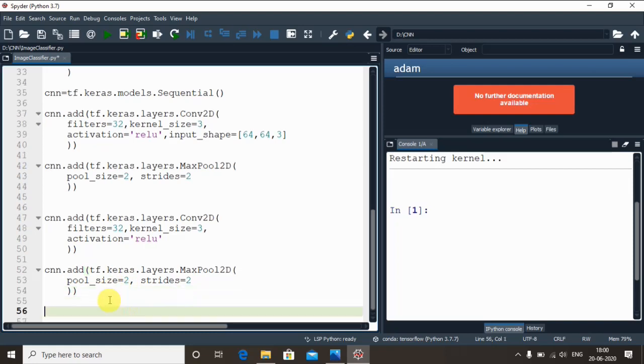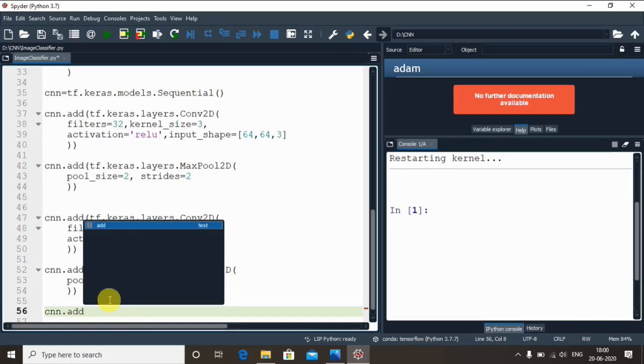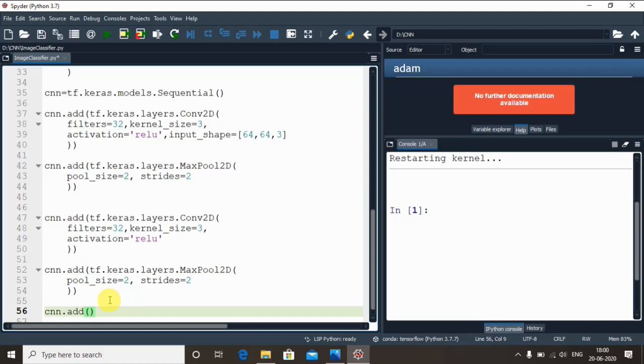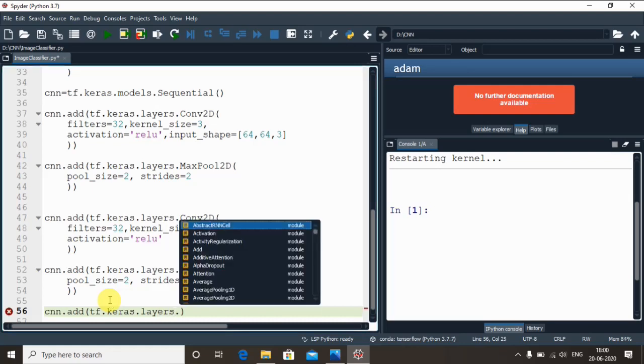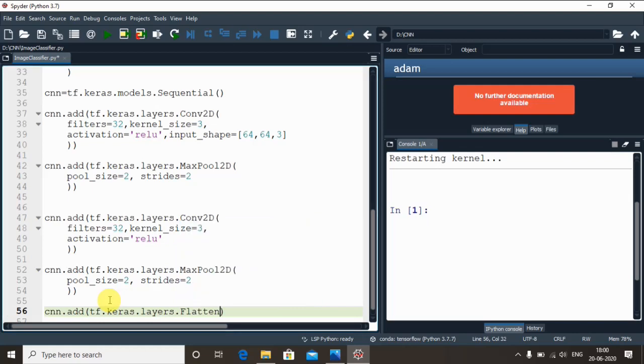Again, as simple, we call the CNN object, and from it we call the add method, right? We create an instance of a certain class from the layers module called Flatten, which has no argument. So we do it using tf.keras.layers, and from this module we call a class called Flatten, done, which has no arguments here, right? So this simply implements the flattening layer, and we can directly move on to the next step called full connection, correct?